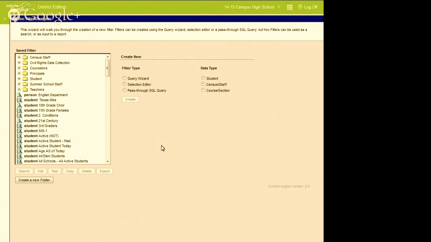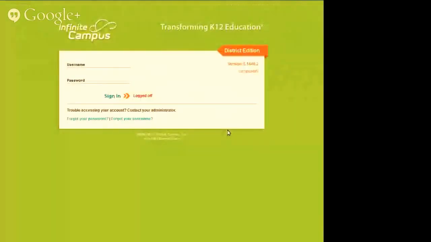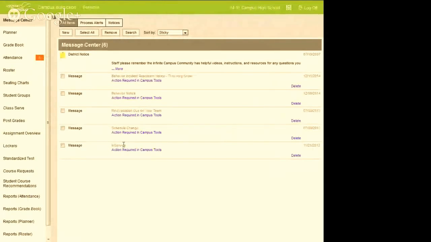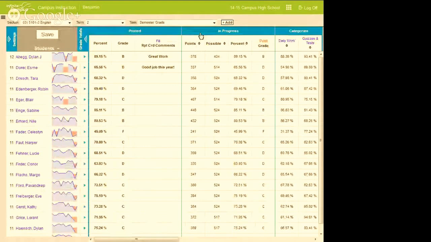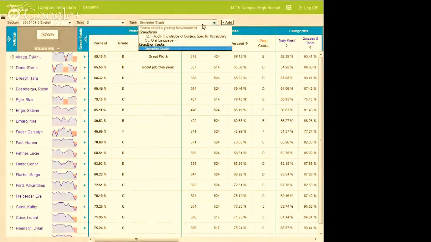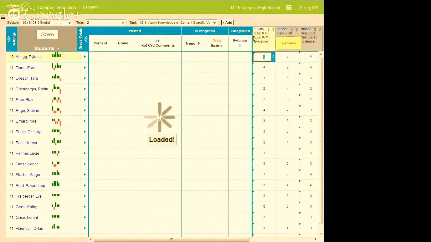Well, where was I? I was in as a teacher. Okay, so gradebook, I'm just going to highlight the standards-based gradebook. So now it probably makes more sense when we come to this English course that I showed. Notice how it's the semester grade, and then on that standards tab I attach 2 standards, and that's why they're showing here. So when I select that, it becomes a rubric-based scoring system, which is pretty slick.